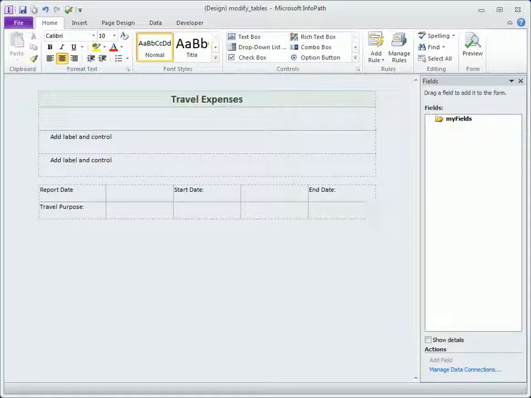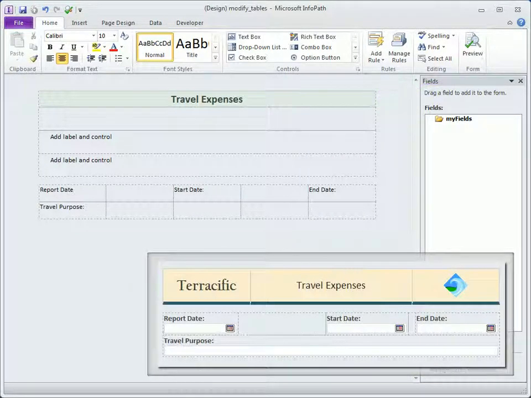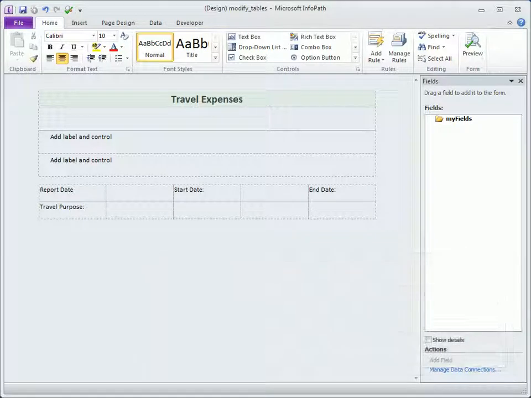In this clip, we're continuing to work on our travel expenses form, which so far looks like this. Now let's learn to modify tables to get our form's two current tables to look more like this example. The table that has our title has 3 additional rows we don't need, so let's click and drag within the